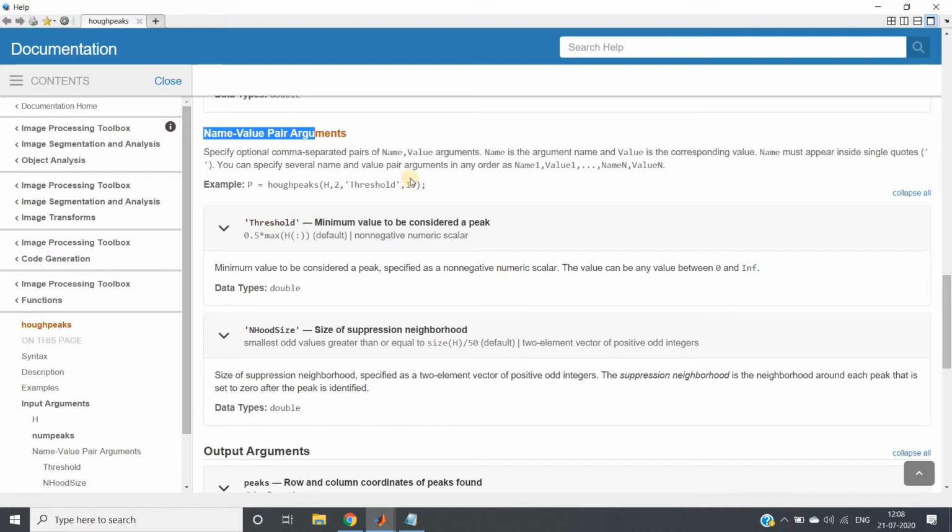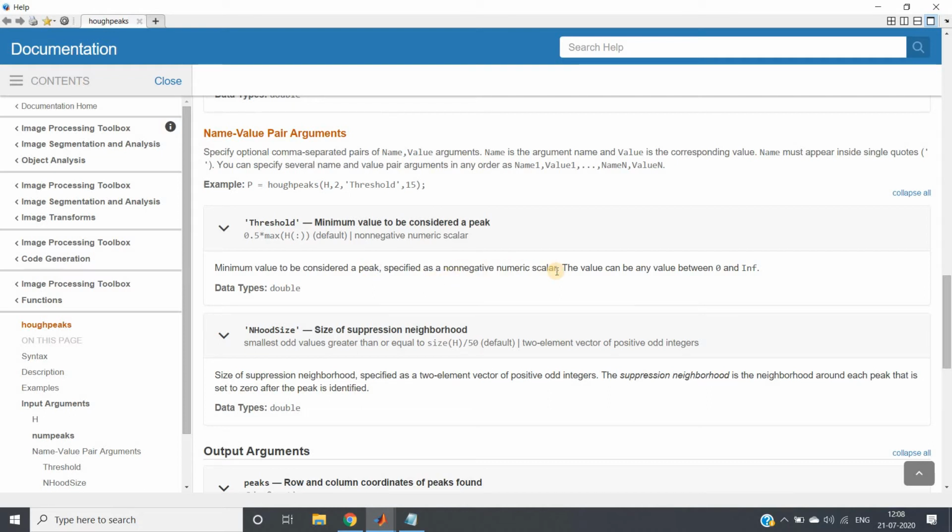When you are calculating peaks, first you give how many peaks you want to get. H is our Hough matrix, then if I give 2, it will return 2 peaks; if I give 3, it will return 3 peaks, like that. And threshold is the minimum value to be considered a peak, specified as a non-negative numerical scalar.